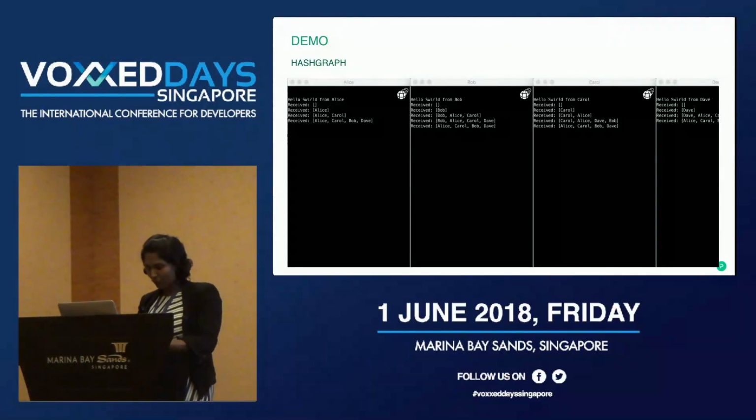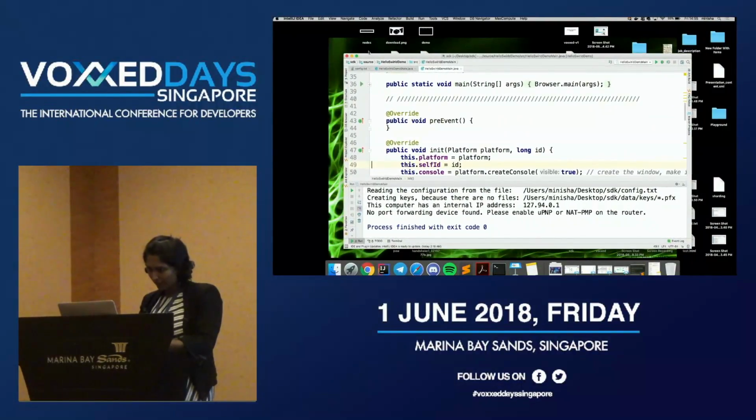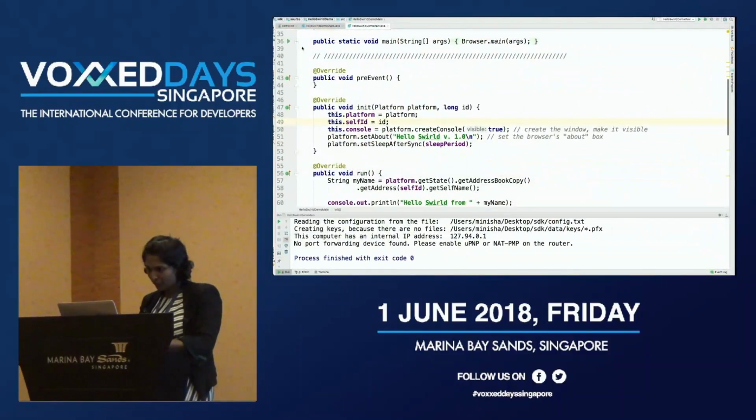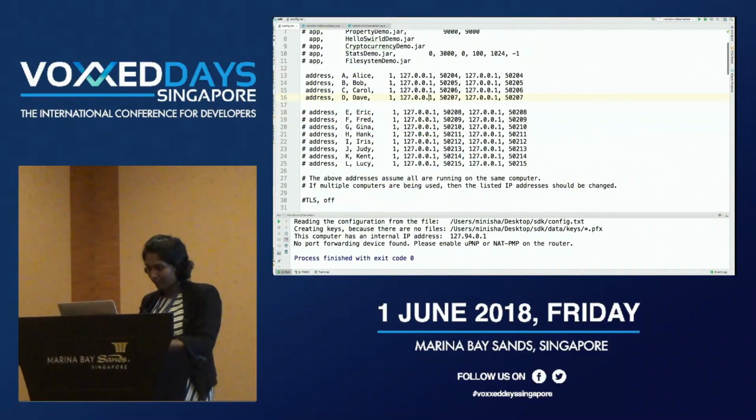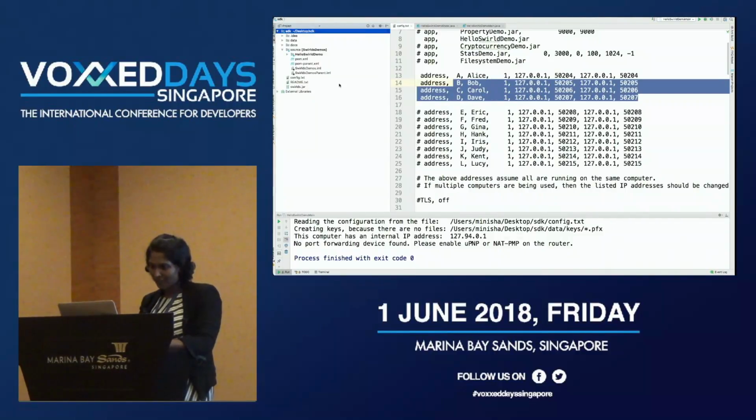So I will go to a demo. In the demo I'll show how to publish a transaction into the platform and reach consensus. Here is my project structure. That's the SDK of the Hashgraph, the library required for the consensus algorithm and everything. And then the config, in the config.txt,